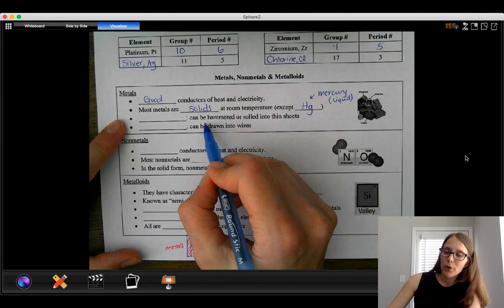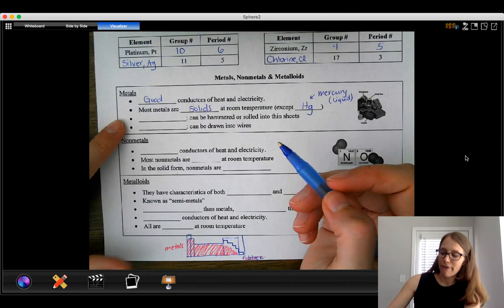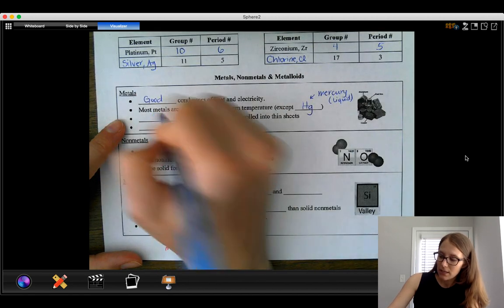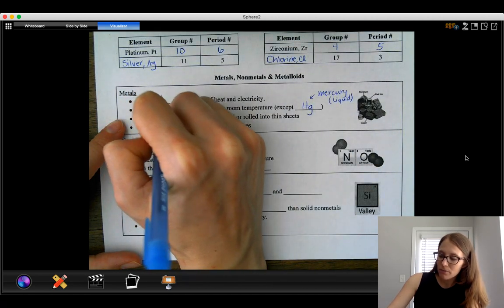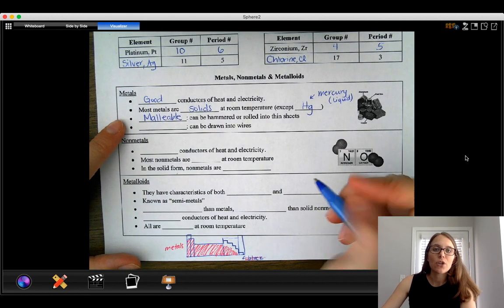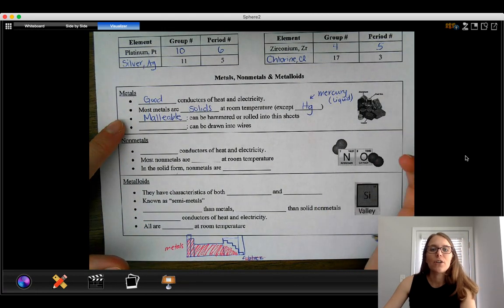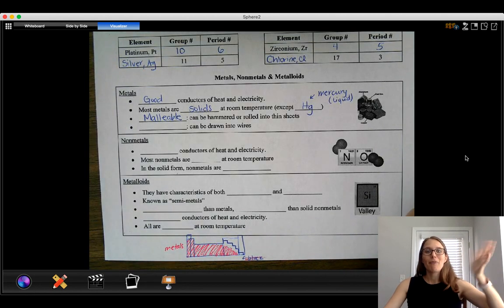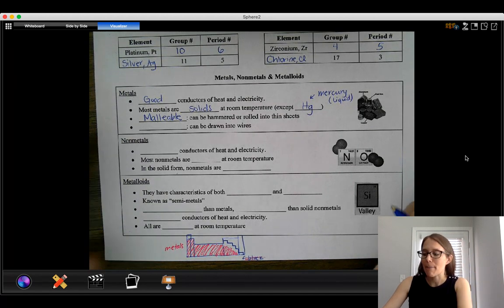They also have two other properties that really just mean that metals have flexibility. So the first one, they can be hammered or rolled into sheets. This is called being malleable, which really again just means flexible. So if you picture drinking soda out of a soda can, when you're done with the soda can, you can step on it and it crunches. And that soda can was made first off by taking metal and squishing it and rolling it into a sheet, but then it's flexible and you can step on it.